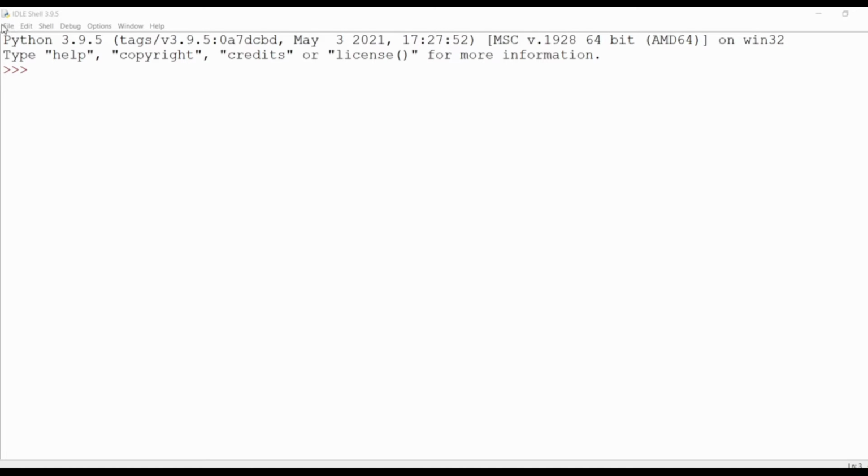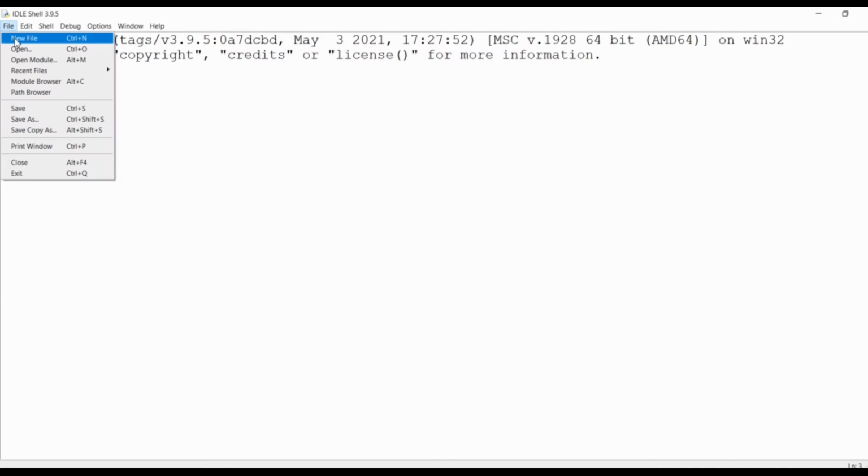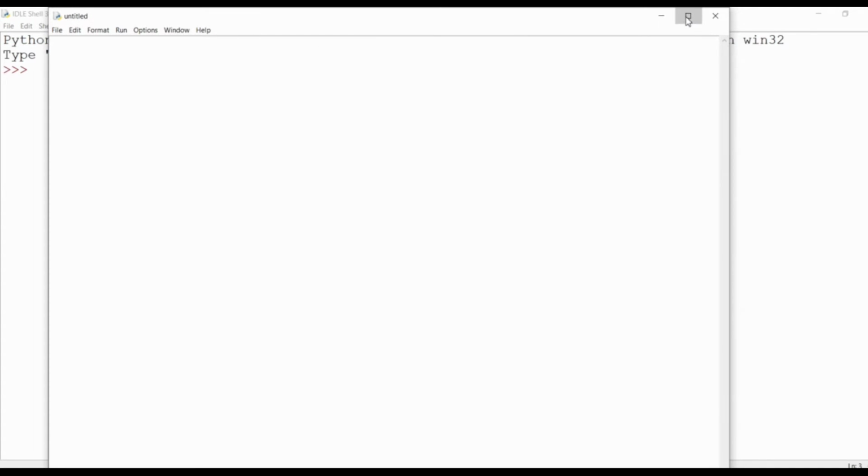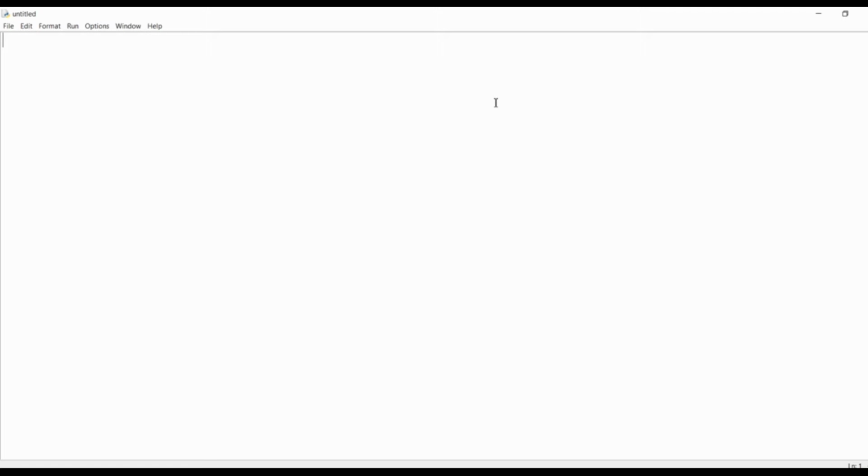First of all, we'll initialize the tuples by clicking on new file. This is the editor file.